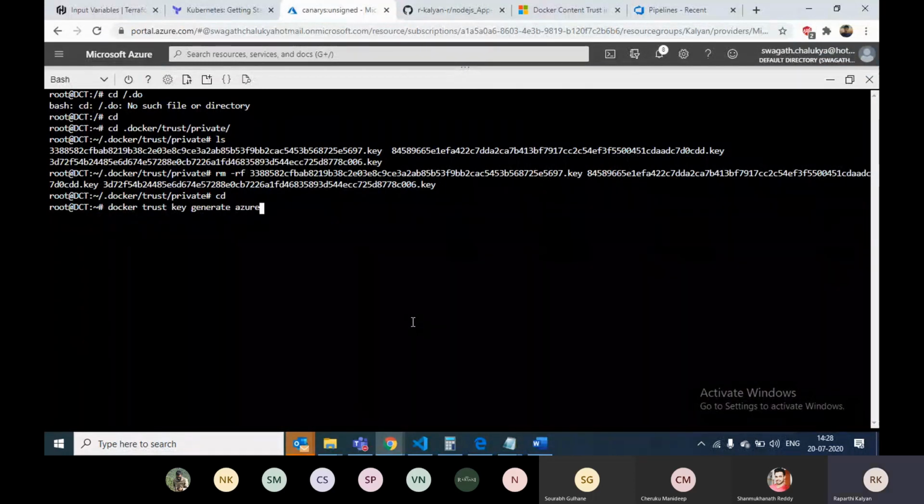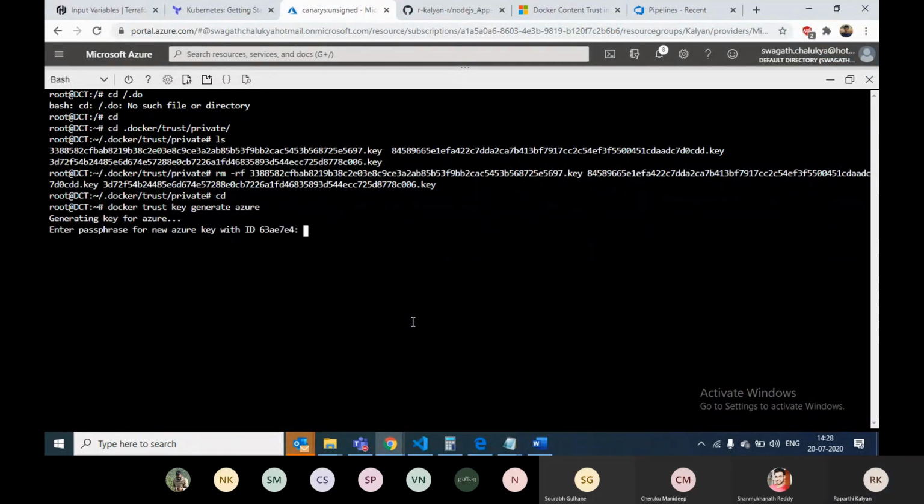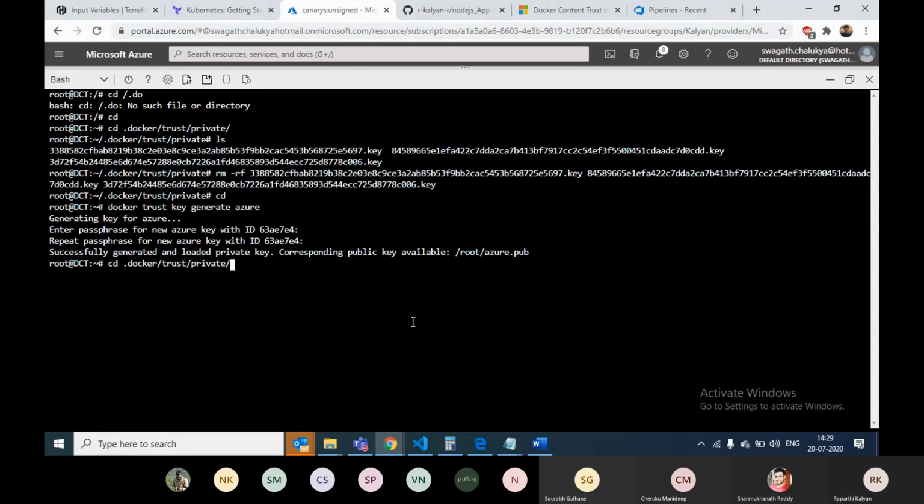This time I will name it Azure. So I got a key, right? Using this key, we can sign the image and push it to ACR. I mean, we can sign and push at a time.